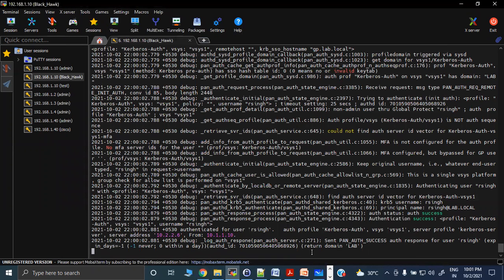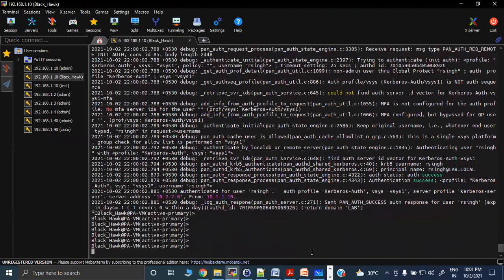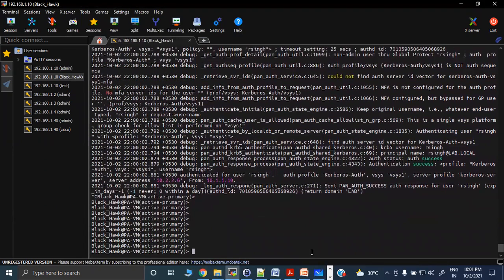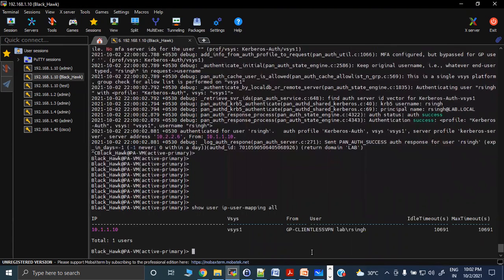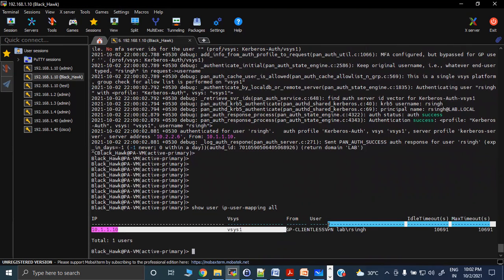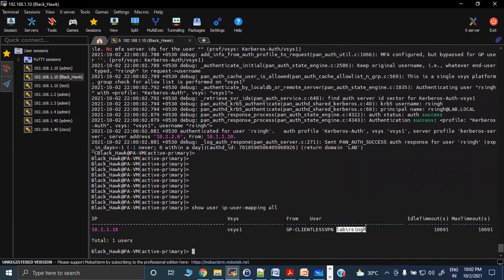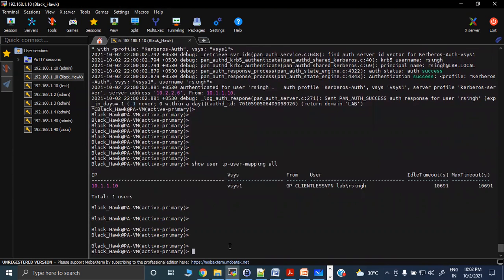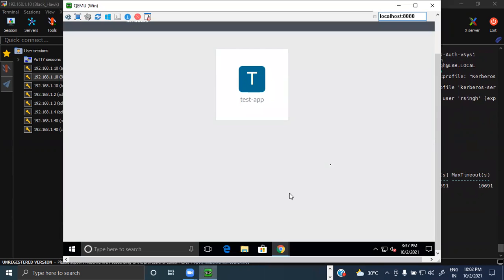Similarly, you can check here, you can see the mapping. So clientless VPN, and this was the user identified. Okay. Similarly, you can log out from here